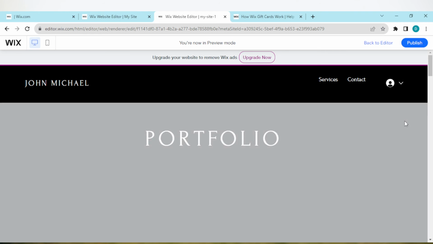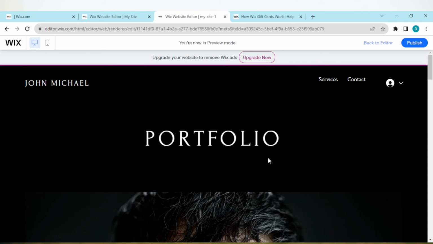Okay, you can see this is the portfolio. After clicking on the button, the portfolio page came up. But if it's not working, if after clicking on it, it does not work, that means you would have to publish the site. Just publish the site, and once you publish the site and you click on the button, the portfolio page would come up. So this is how you can link